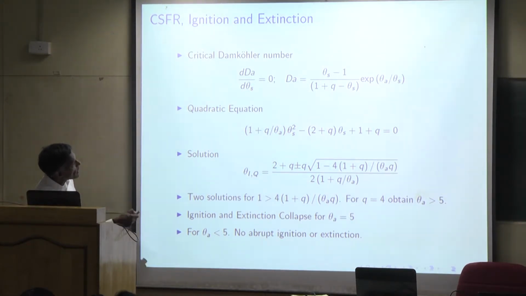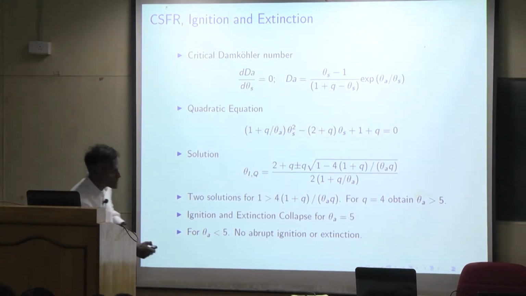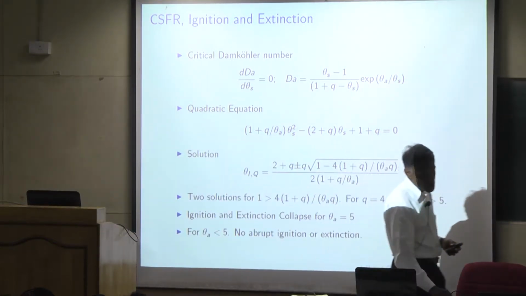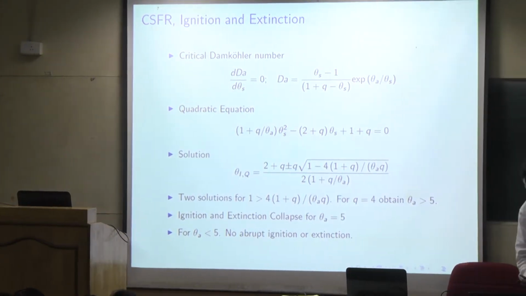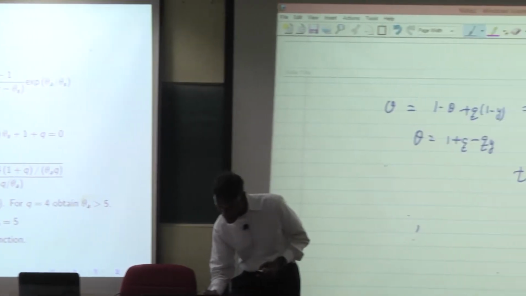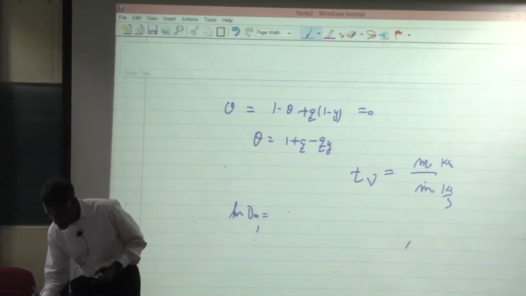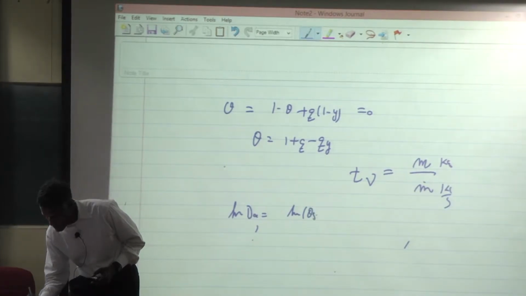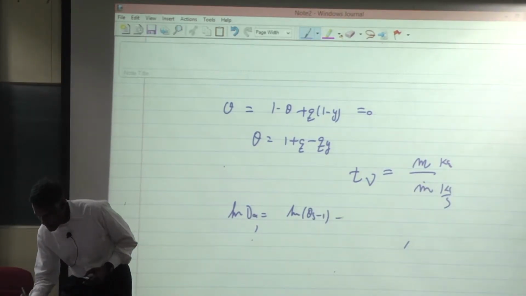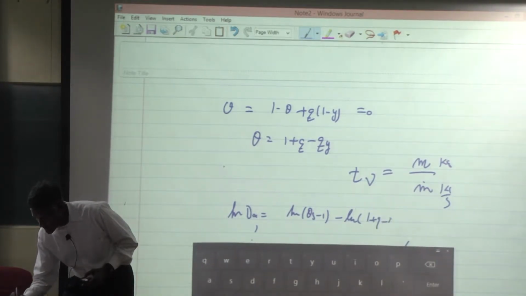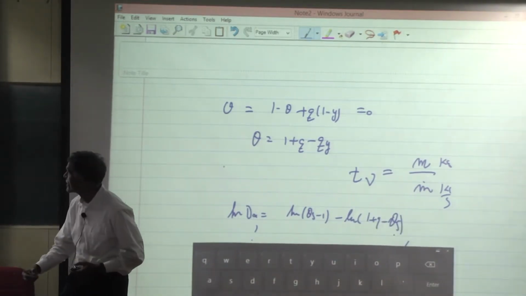A nice trick to take the derivative is to take the natural logarithm. So you can write that as log Da equals log theta s minus 1, minus log of 1 plus q minus theta s,